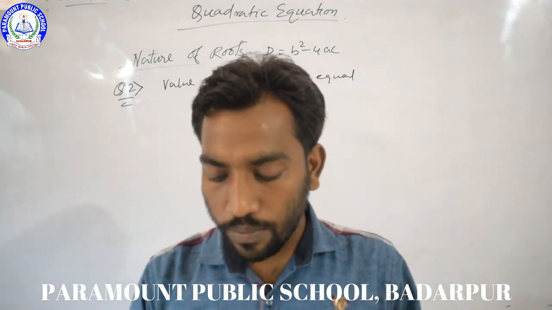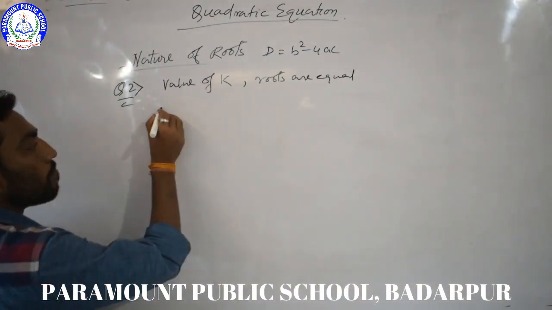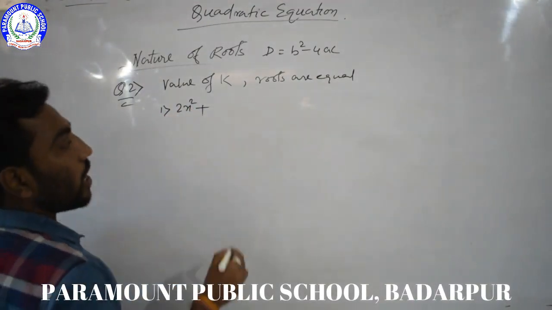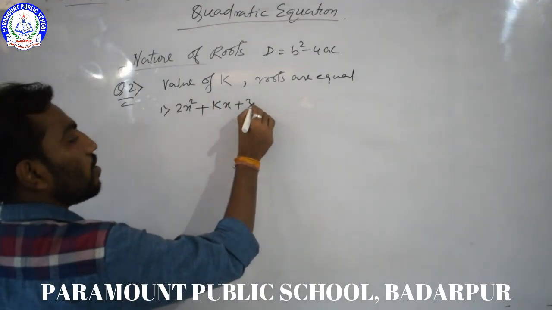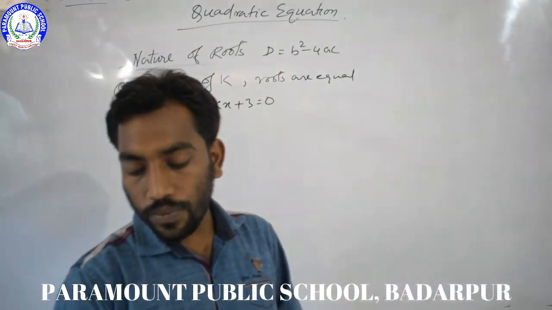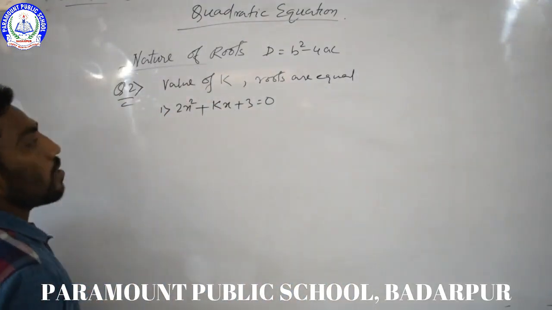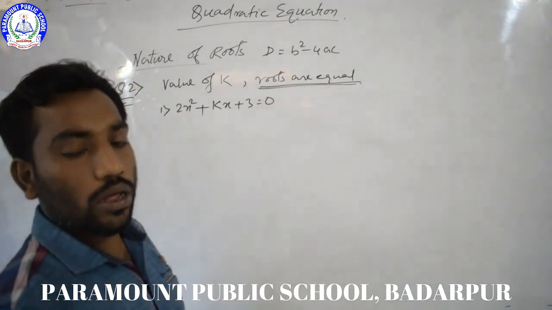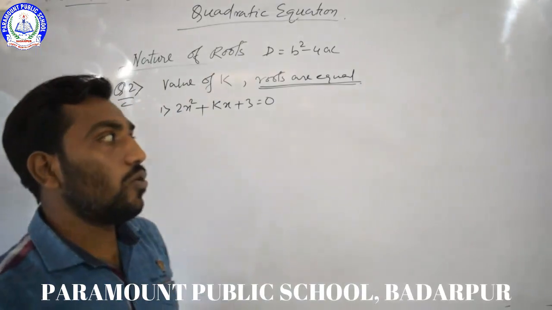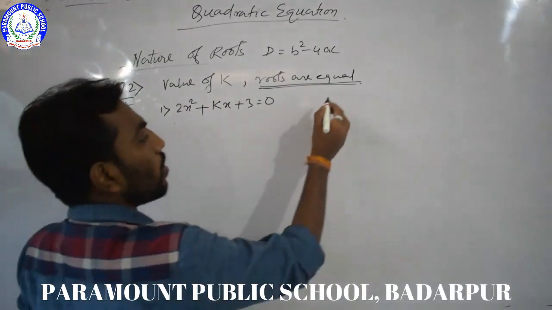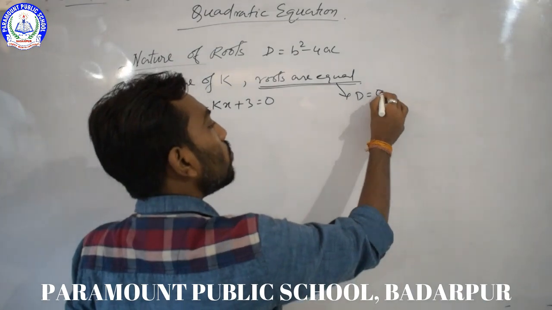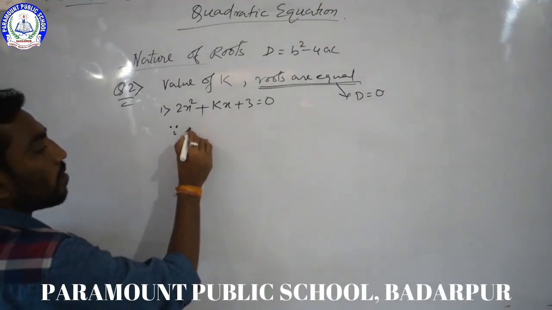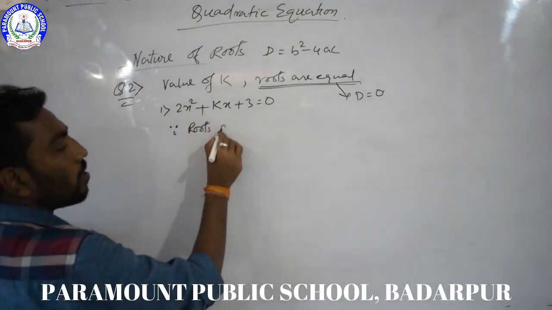So let me solve with a simple problem. 2x square plus kx plus 3 is equal to 0. See student, in the question they have already mentioned that the roots are equal. So when do our roots become equal? When our discriminant becomes equal to 0. So we can take that conclusion. Since roots are equal,